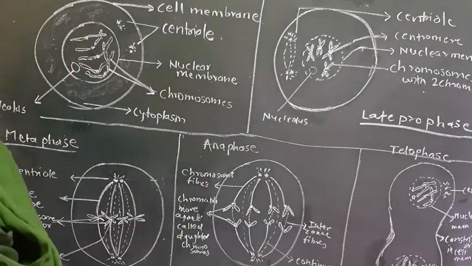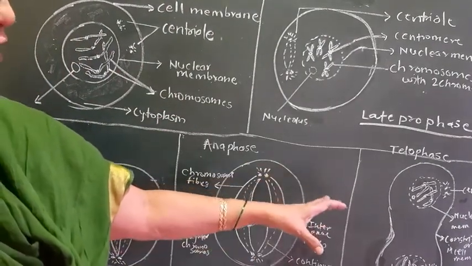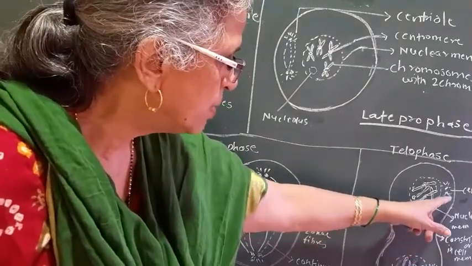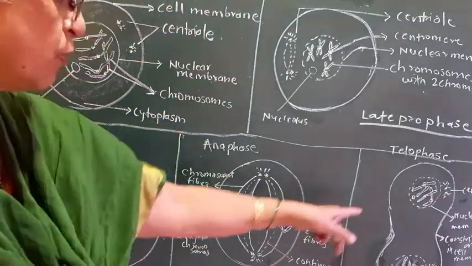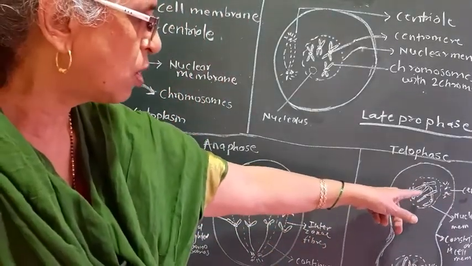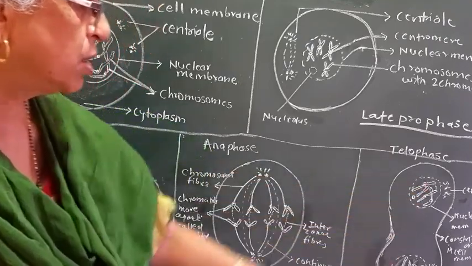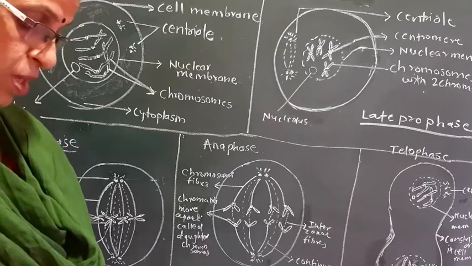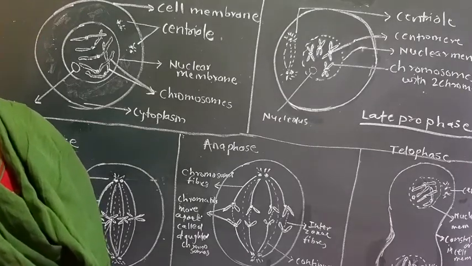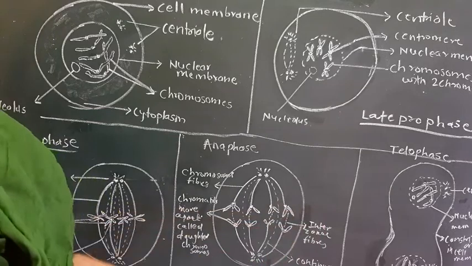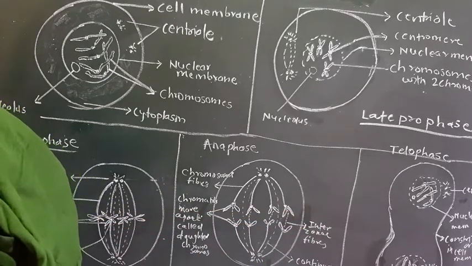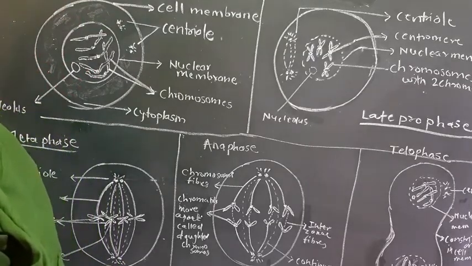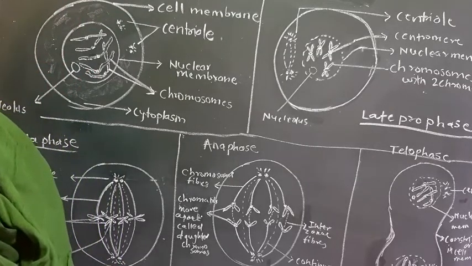And if the cell is a plant cell, instead of formation of a notch, here I have shown constriction in the cell membrane. This is the nuclear membrane, these are the centrioles. So all the sets in the cell got all these things: nucleolus, nuclear membrane, centriole. Followed? So if the cell is a plant cell, then instead of formation of a notch in the cytoplasm, there is a formation of a cell plate. Followed? And the cell plate is exactly along the midline of the cell, and thus cytokinesis is completed.